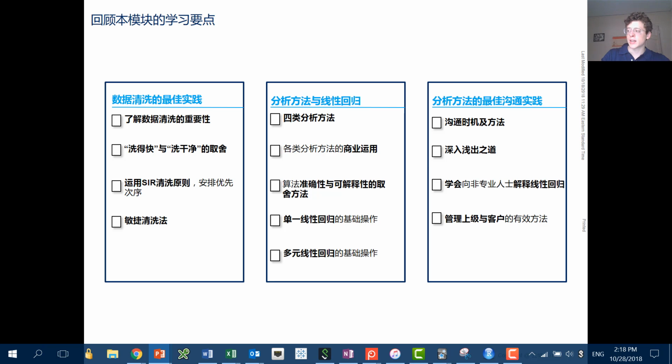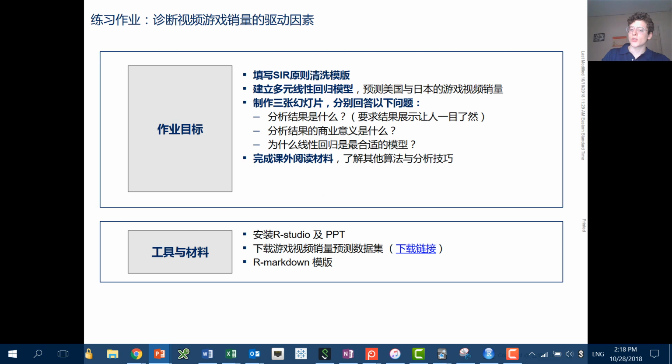Go through this quickly. And then for the video game performance, we already went over this, but here is the project for today. You're going to be creating a multiple linear regression like we talked about. You're going to be filling out the data sheet, and figuring out which data you want or don't want to clean. And then you're going to develop a quick 3-page PowerPoint deck, as we would call it in McKinsey, of your insights, and you're going to send those back out. And then you're also going to finish these additional readings that we have.